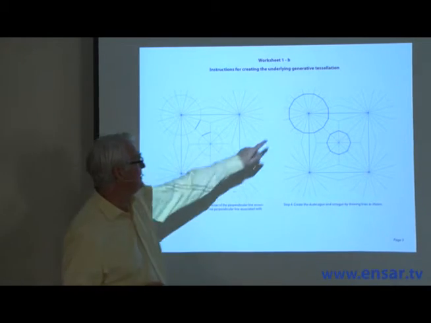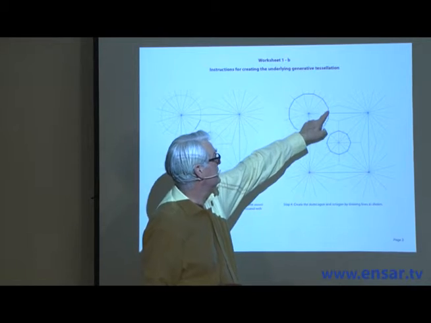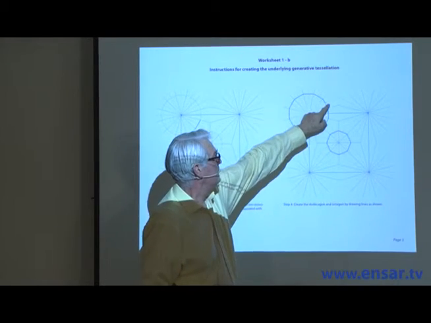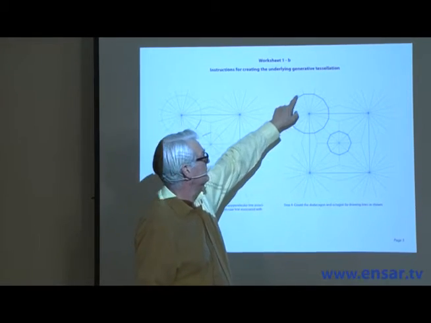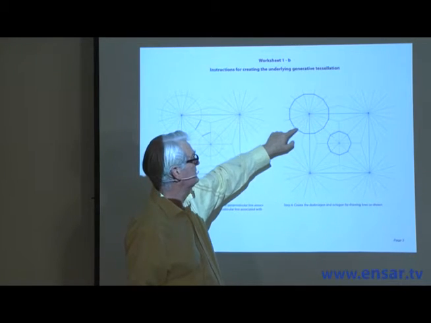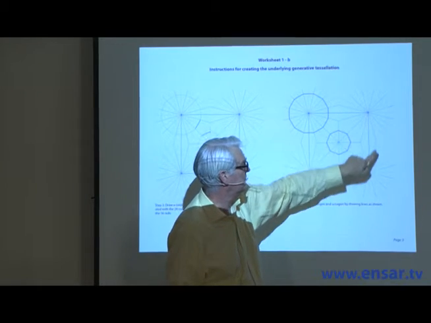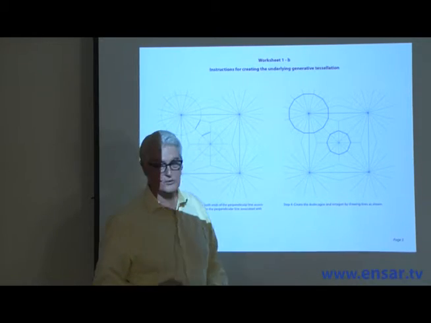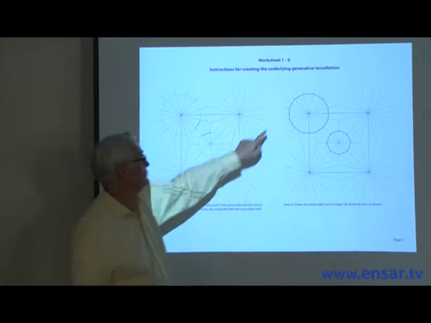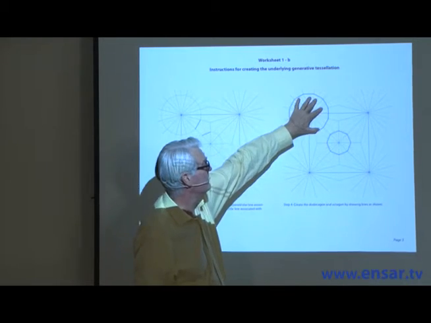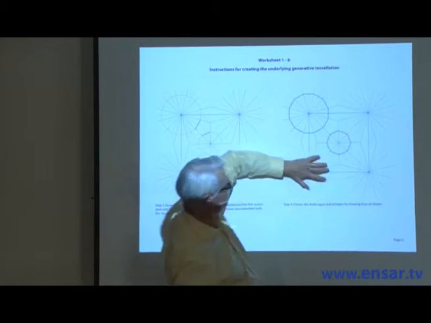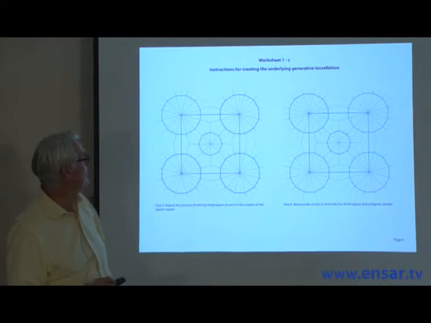And the way to do that is to take the same circle as you used here, have your compass set at the same radius, and to draw it on all four of the corners of the repeat unit. So you want to draw the same circle you drew here, here, here, and here, so that you can then place